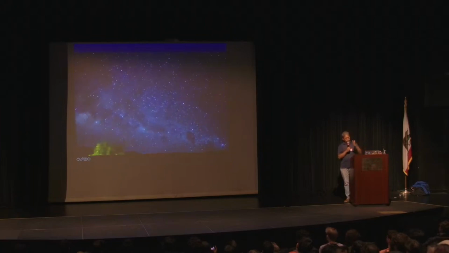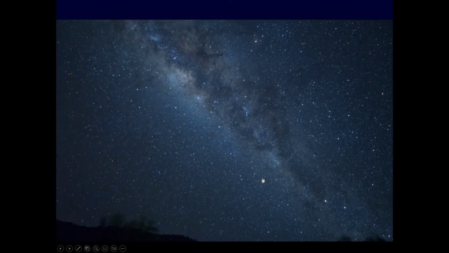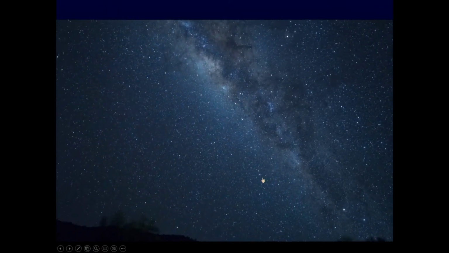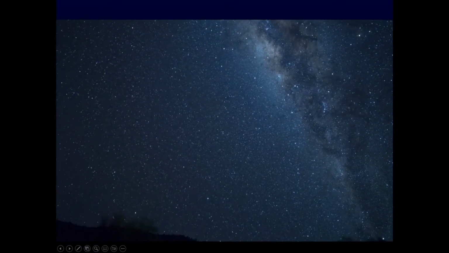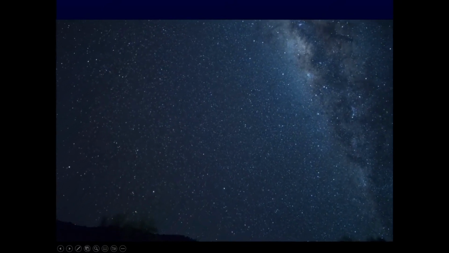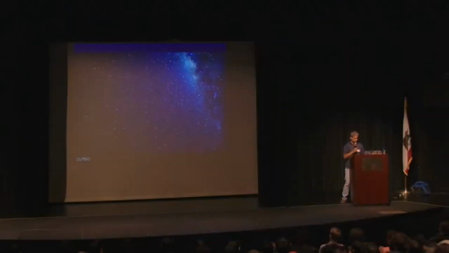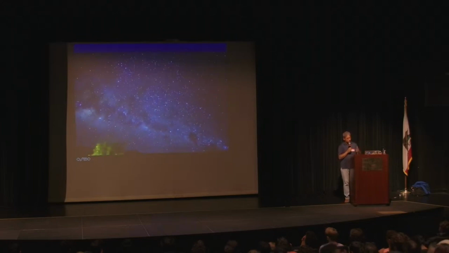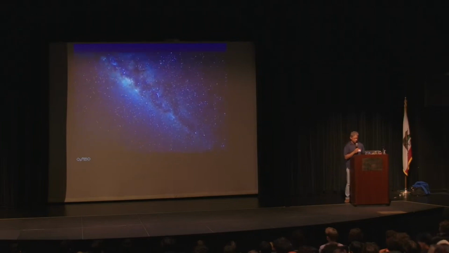So you're seeing the apparent sweeping of the Milky Way across the sky. I say apparent because it's, of course, because of the Earth's rotation that the sky appears to rotate in equal and opposite sense. You see, I'll play this one more time, but you can see lightning and shooting stars. You can see clouds going by. There's the tree in the lower right and the lower left that's fluttering in the breeze. Initially, the lights are on. You can see the tree. But the sky gets darker as we approach sunset and as we go past sunset, and someone turns off the light so you can't see the tree anymore.